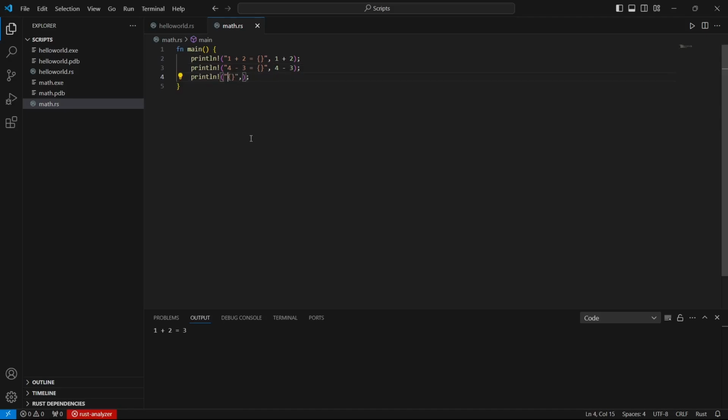Then let's do some multiplication. 5 times 6 is equal to 5 times 6. Then same for our division, let's do 10 by 5 is equal to